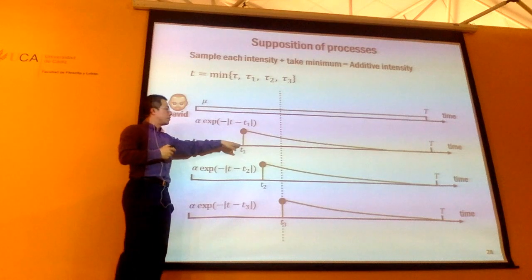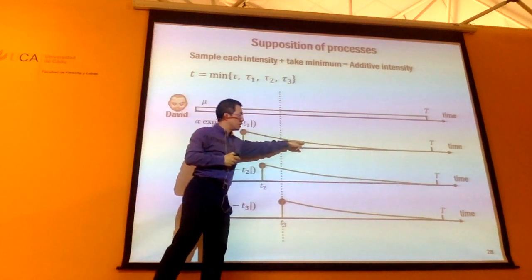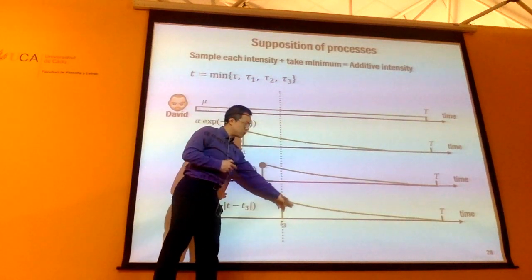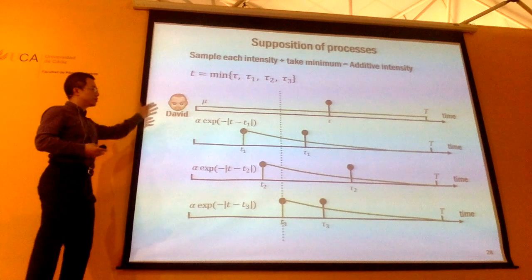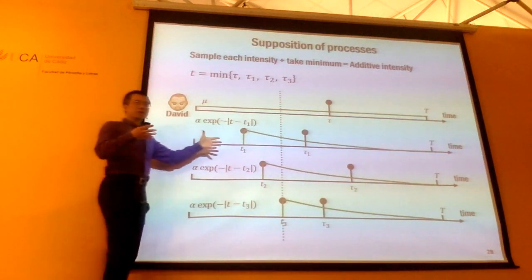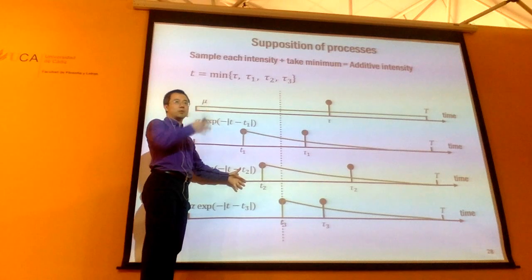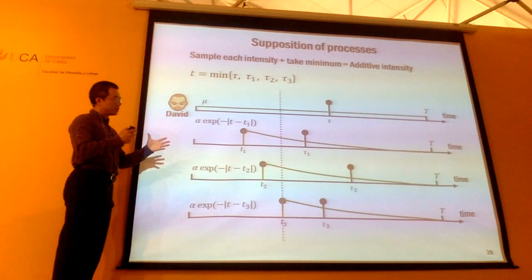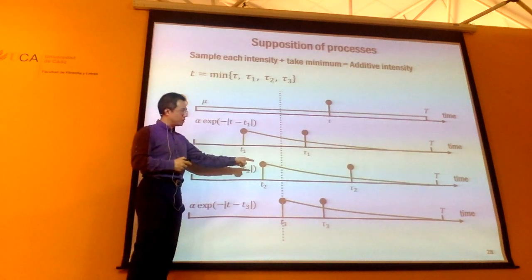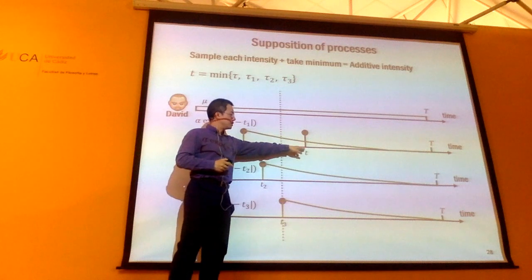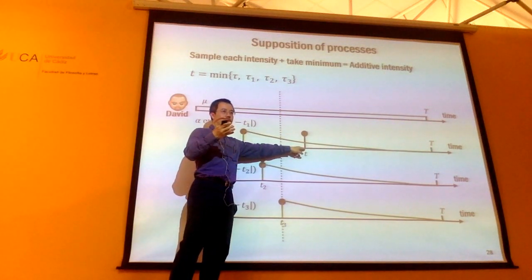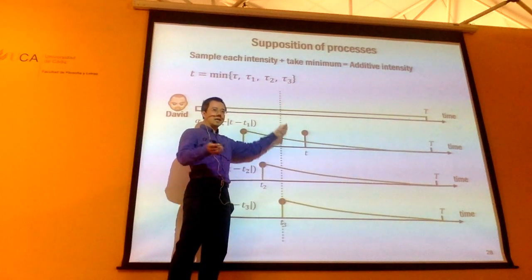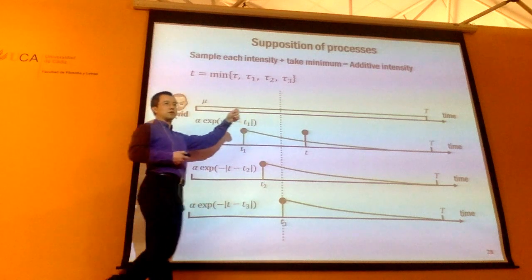I'm going to also sample from another inhomogeneous Poisson process with intensity like this, another process with intensity like this, another process with intensity like this. I'm going to get a sample from each one of these processes. Okay? So after I generate a sample from each one of these processes using the rejection sampling or thinning procedure I just described, I'm going to do this operation called the minimum. I'm going to look at the minimum of these time points and just keep this minimum time point as my new sample. Okay? So this procedure of first sampling a time point for each one of these processes and taking the minimum is called a superposition of these processes.